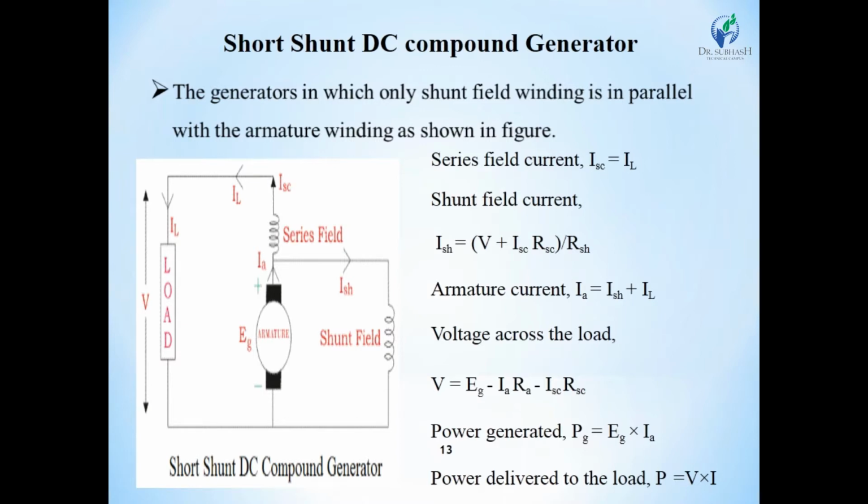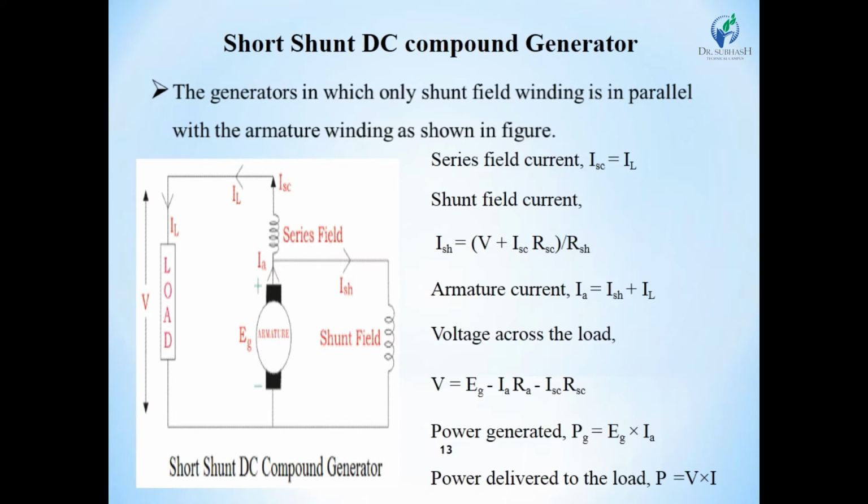We can also write that the shunt field current ISH is equal to (E minus IA into Ra) upon RSH. In the voltage relation, the internally induced EMF E is equal to Vt plus Ia into Ra plus Is into Rs plus V brushes, where Rs is the resistance of the series field winding. Substituting Is equal to IL and neglecting the drop across the brushes, we get E is equal to Vt plus Ia into Ra plus IL into Rs.